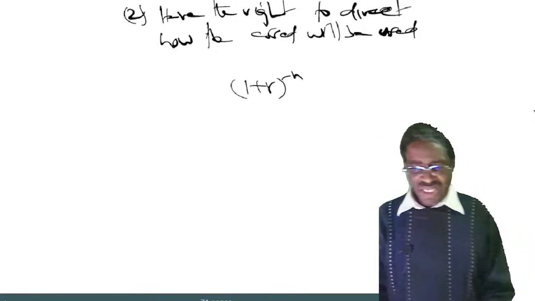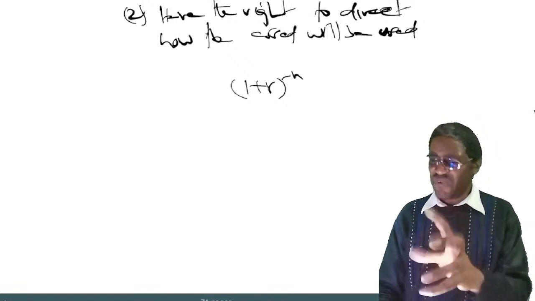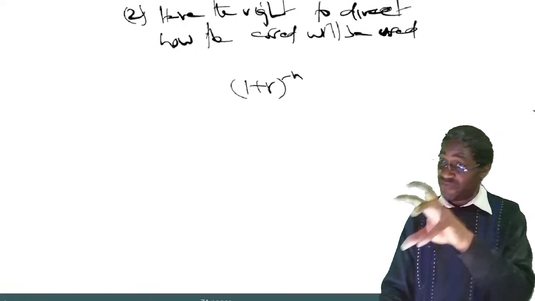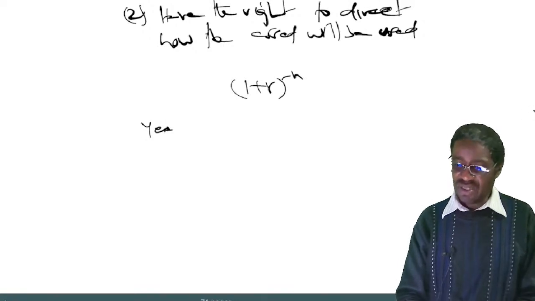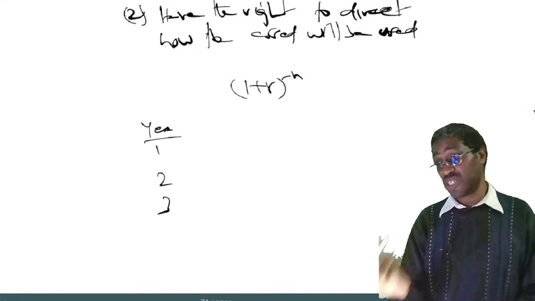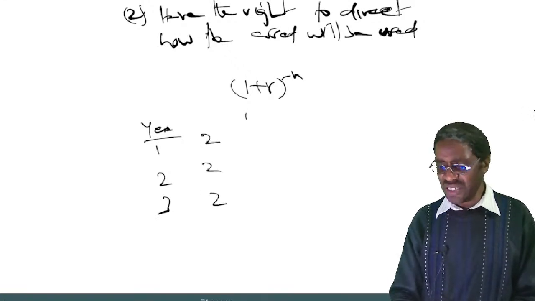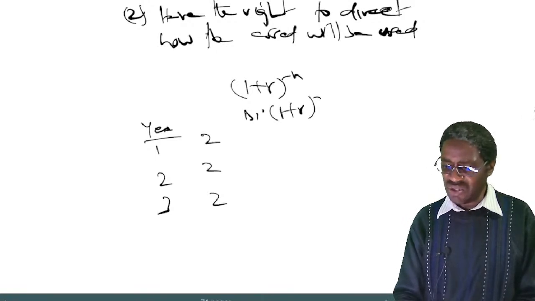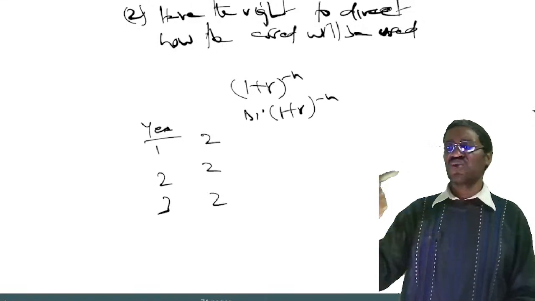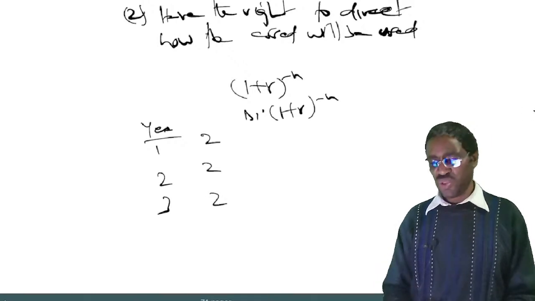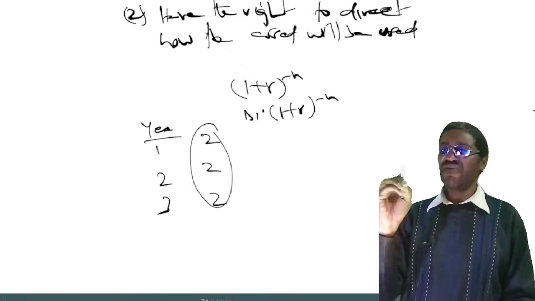Sometimes, listen, if you feel you can't remember the formula to get the discounting factor for annuities, you can still say maybe year 1, year 2, year 3, maybe if the lease is for 3 years and you are still paying cash flows of 2 million, 2 million, 2 million, then you can get the discounting factors by just taking 1 plus r to the power of negative n. So you just take to the power of negative 1, negative 2, negative 3, though they are annuities. Okay? If you can't remember the formula for annuities.